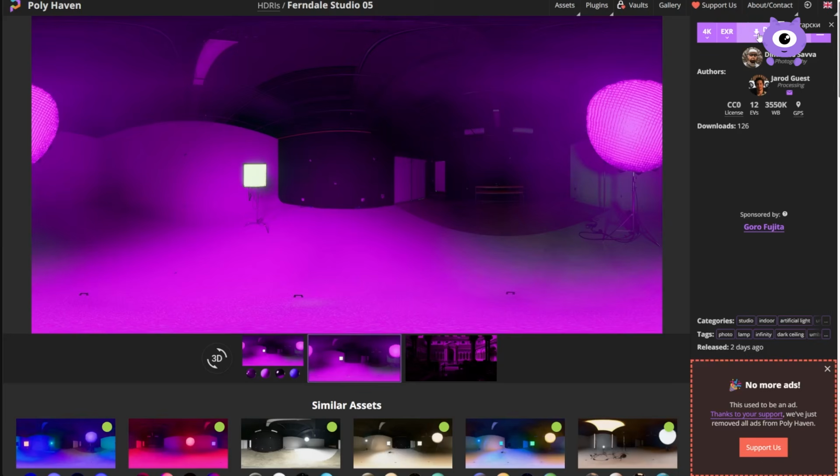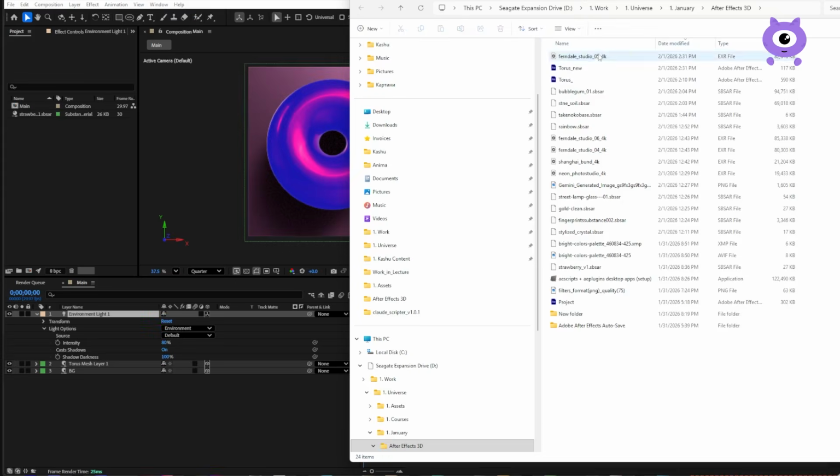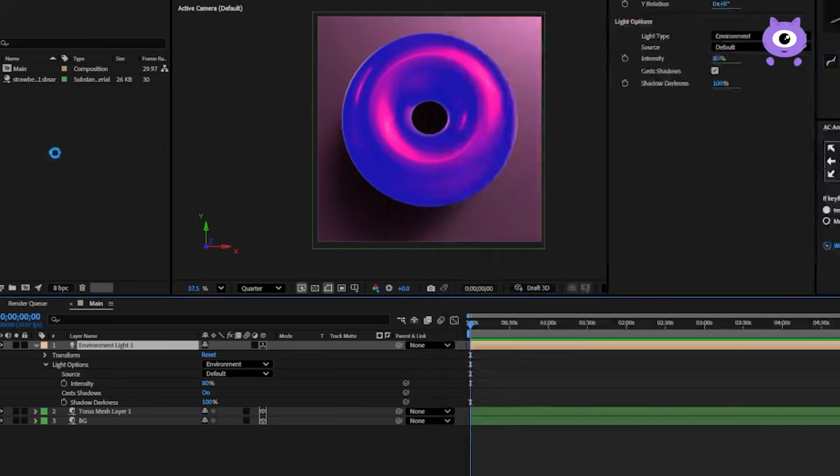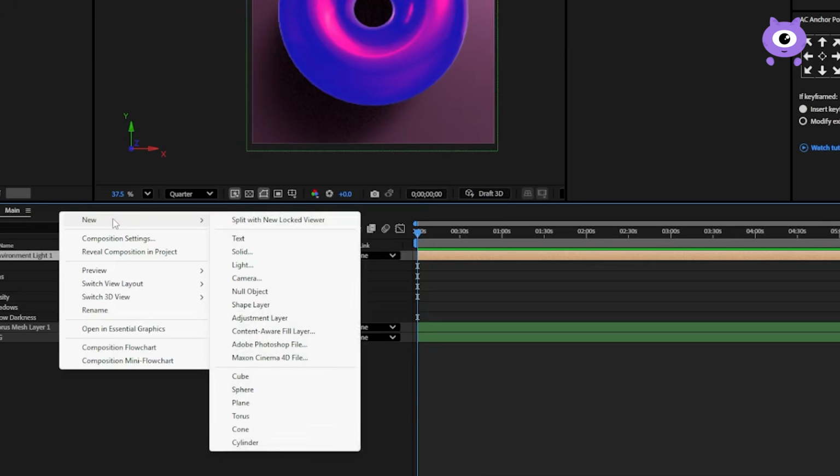It has this very nice purple effect that I'm going for. So let me go ahead and download it, and we're going to see how it looks now. When it's downloaded, you just drag and drop it. Really, it's that simple. And you would like to create a new lighting source, so right click, new, and then